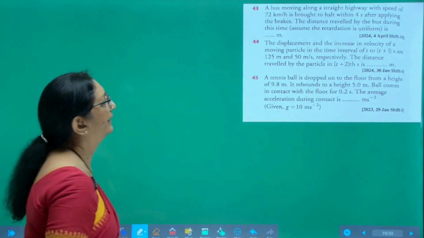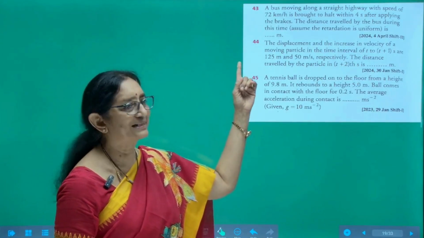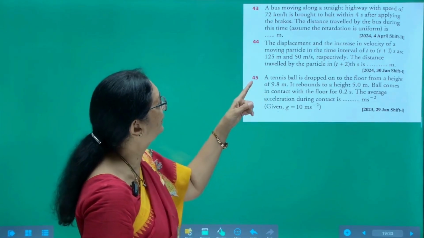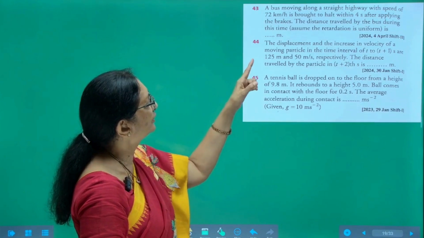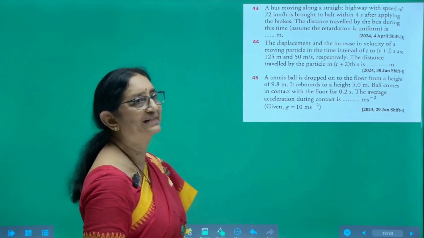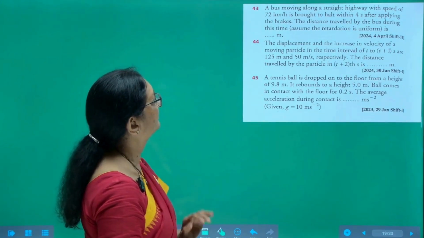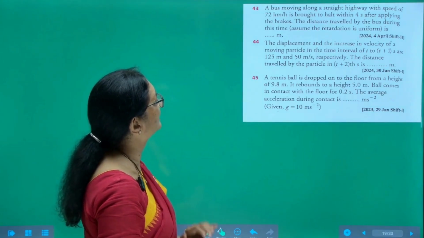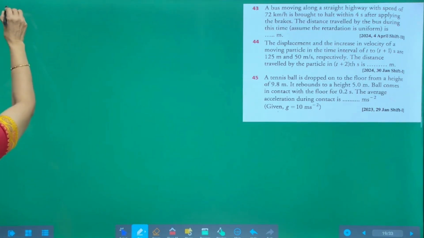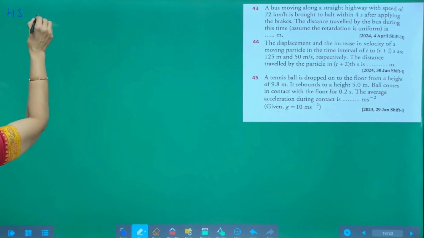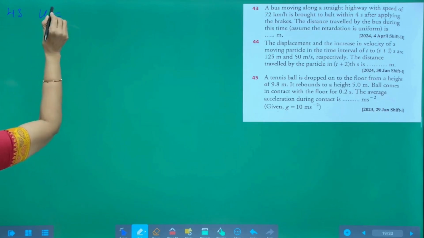Look here, read the problem. A bus moving on a straight road with a speed of 72 km/h is brought to a halt within 4 seconds after applying the brakes. What is the distance travelled by the bus during this time? See here, question number 43. The data given is u equal to